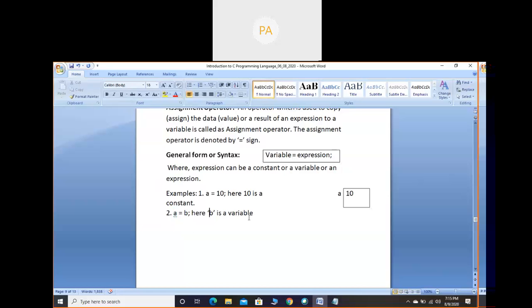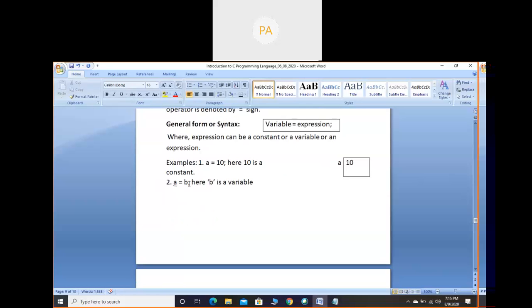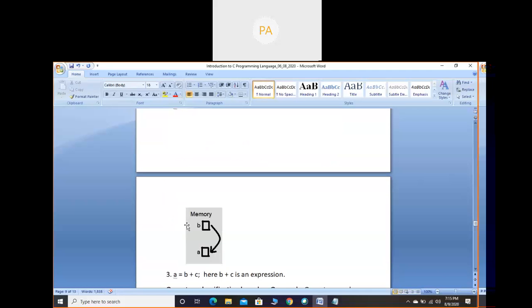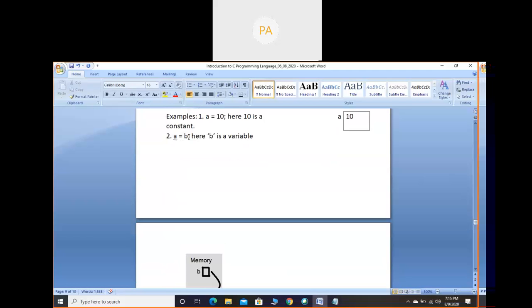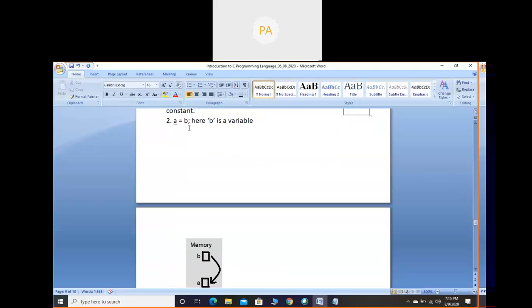See, we don't know the value of a and b, it's fine, but let us understand the statement. What happens? You look at this memory. Whatever value is present in variable b, that is copied to the variable a. That is the meaning here. Whatever the value is there, let it be. When we write a program and display the values, we will come to know what values are present in a and b, but we will understand the statement. So from RHS it is copied to LHS. In the RHS, variable b is present, and in that some value is stored.